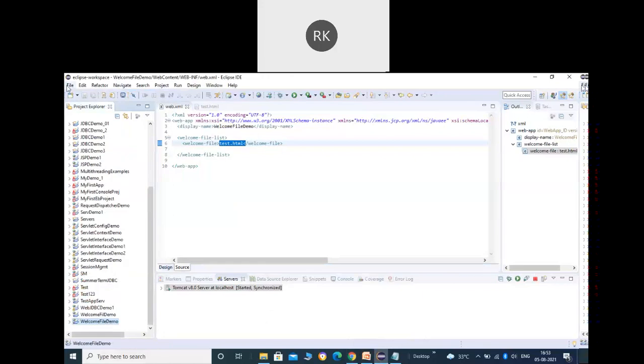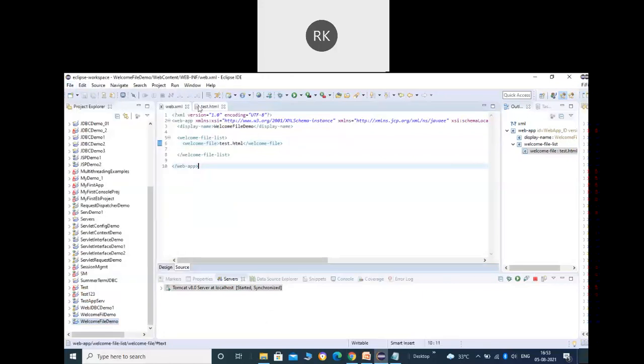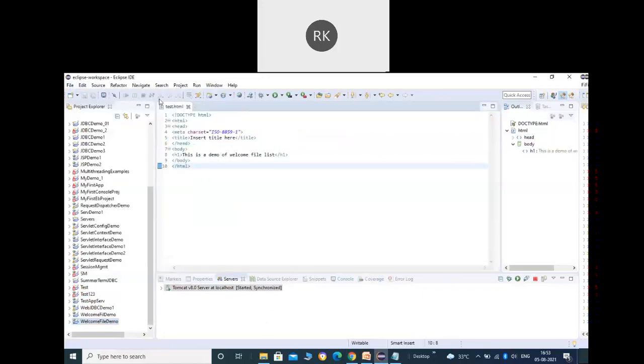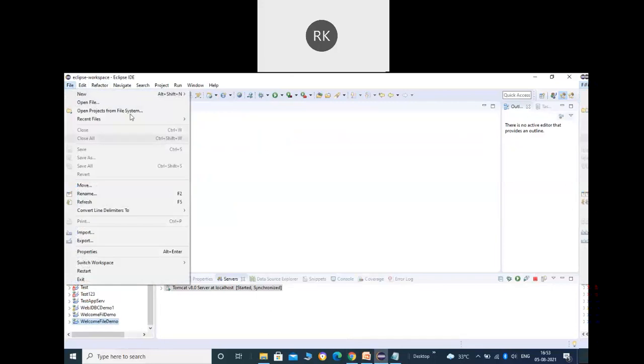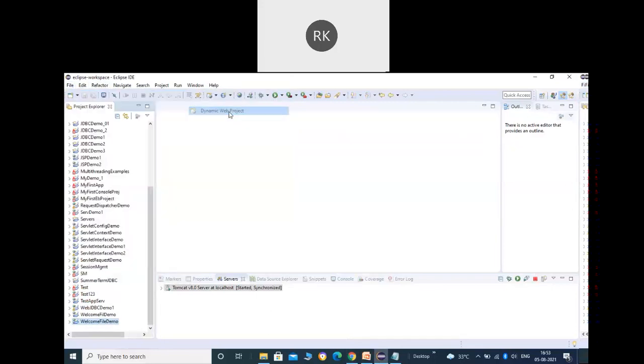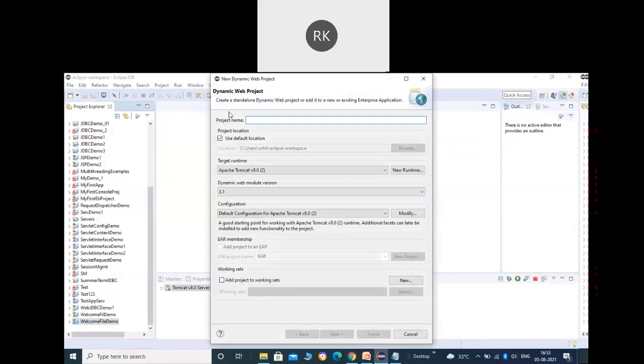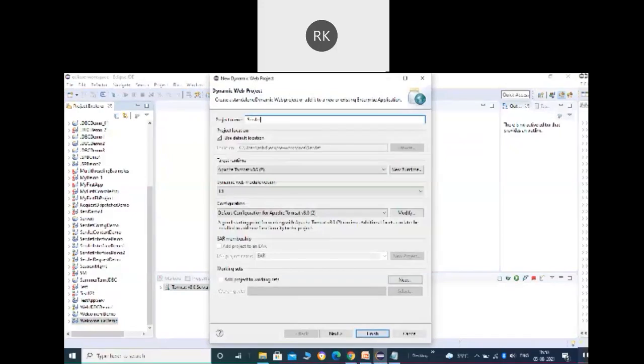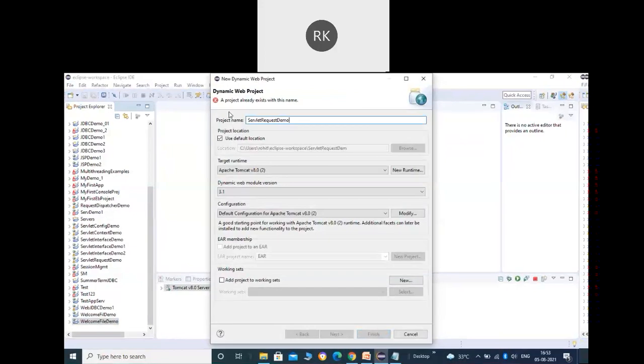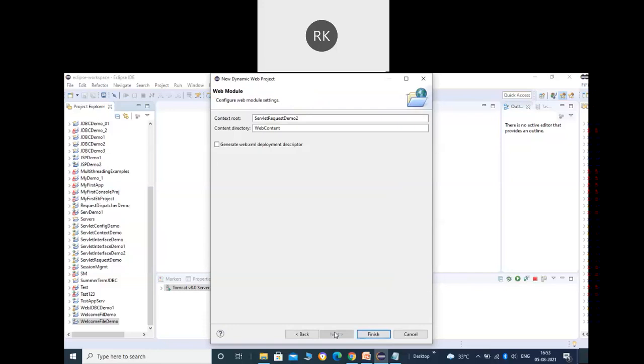Here we have an example where we'll try to use some of these methods. Methods like getAttribute will be used later when we'll be working with sessions, cookies, etc. All right. So here let me create a new project. Let me close the existing one first.